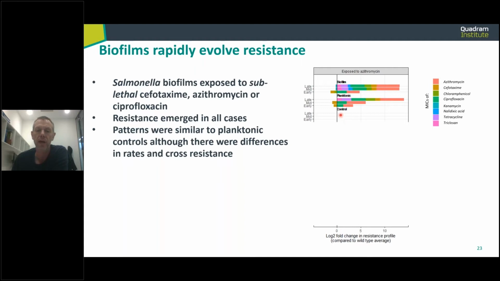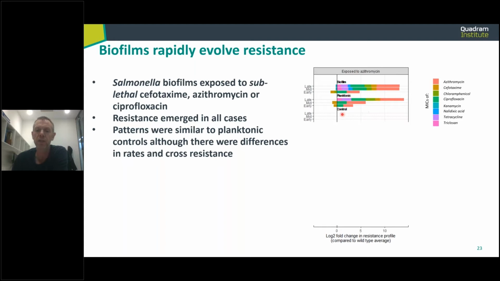So here we've got what happened after exposure to azithromycin. Essentially this vertical line means no change. Anything to the right is a kind of log scale of increased MIC, so the minimum inhibitory concentration, the amount of drug needed to stop growth, for a panel of different drugs. And so you've got a kind of rainbow of colors. Each drug is a different color, and the size of the bar relates to how big a change in susceptibility there was. So the higher the color to the right, the more tolerant to that drug the bug became. Anything to the left would have got worse, so it became more sensitive, not more resistant, or more tolerant rather.